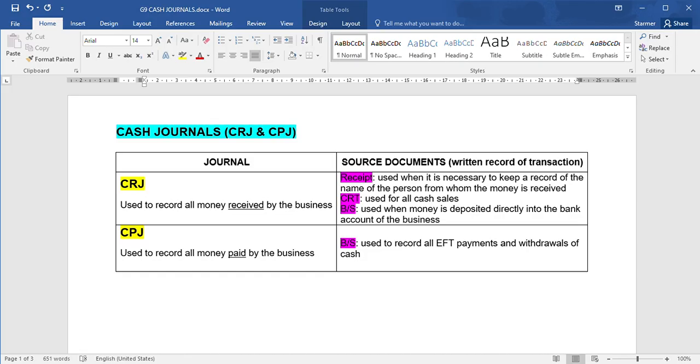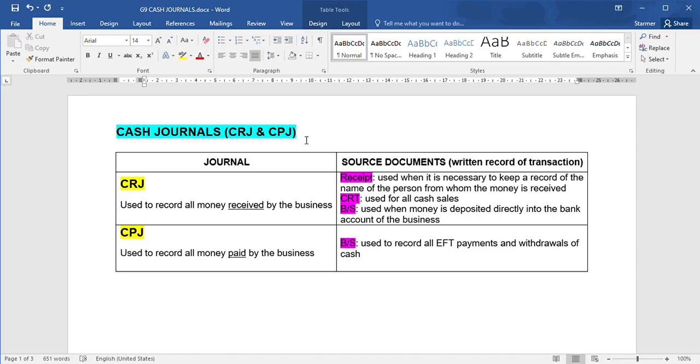I thought it would be a good idea though to include the accounting topics that are covered in grade 8 as well as grade 9 EMS. So you do quite a bit of accounting during your grade 8 and grade 9 EMS here, and the videos that I'm going to do are going to focus on the accounting aspects of those. So the topic for today is your cash journals, in other words your cash receipts journal and your cash payments